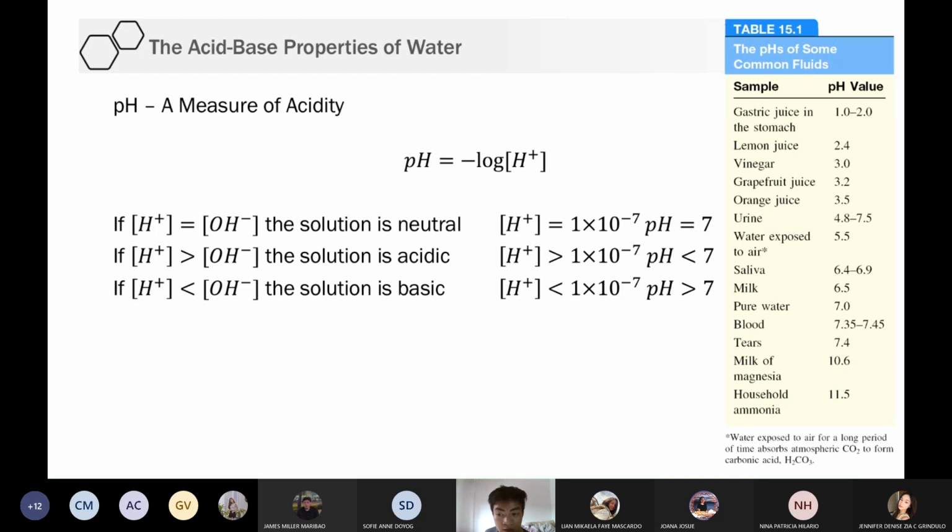Other than the concentration of H plus and OH, we can also tell the acidity or the basicity of a solution by determining its pH. Remember that pH is the negative logarithm of the concentration of H plus. Okay. So, ganito yan. Di ba sabi natin, if H plus is equal to OH, yan ay neutral. Okay? In terms of pH,